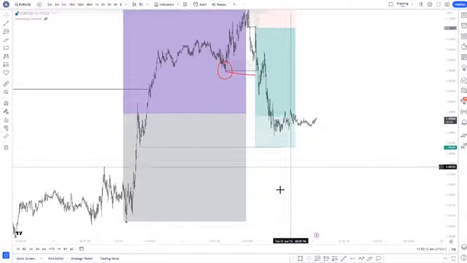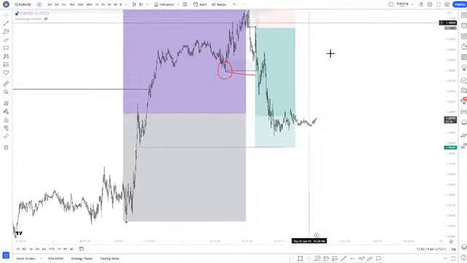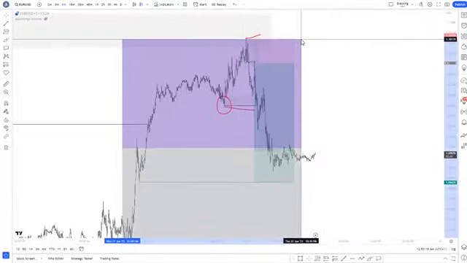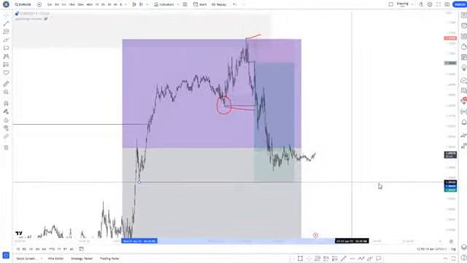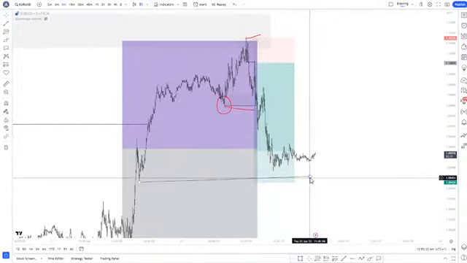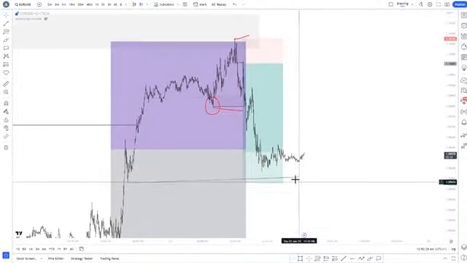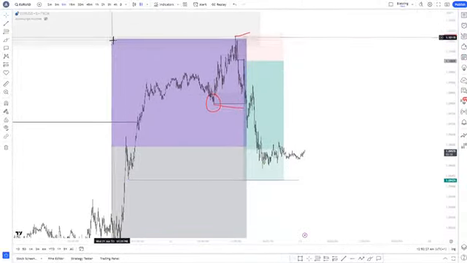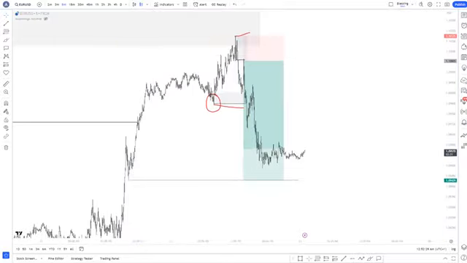You can see what price did, and we have the sell to the downside. Currently we are in the discounted leg. Anything can happen within the discounted leg, but I'd still prefer price to take this low before we buy on Friday, during London today. Today is already Friday. Let's go down to the daily time frame and let me show you what I'm talking about.